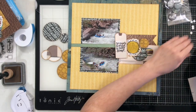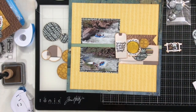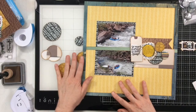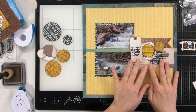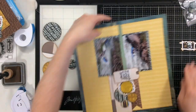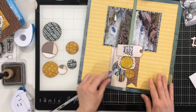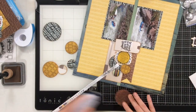So I'm going to turn my paper around, and then I'm going to start working on that upper cluster on the right hand side. I'm not sure why I left all of this, like me figuring out what I'm doing, but I did. I'm going to add more. No, I decided that was too much. Okay, up here at the top, I'm going to add a circle, and then I'm going to layer on top of that circle